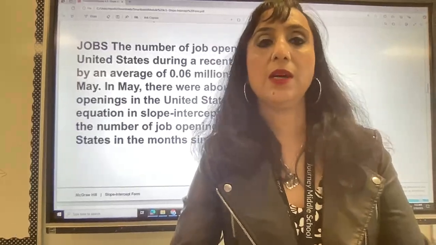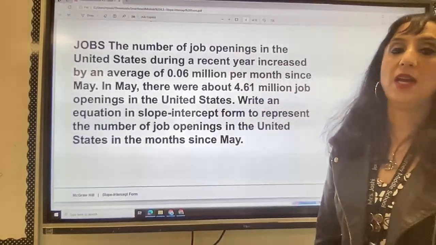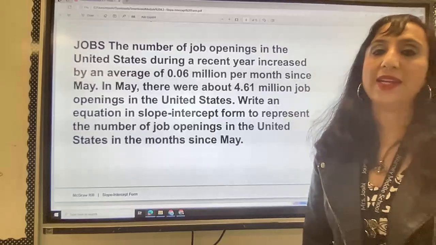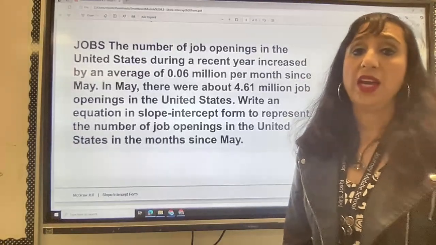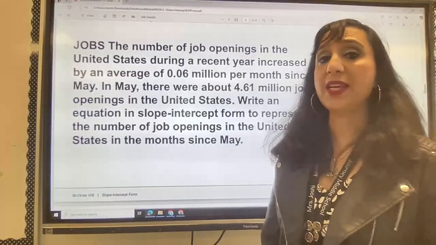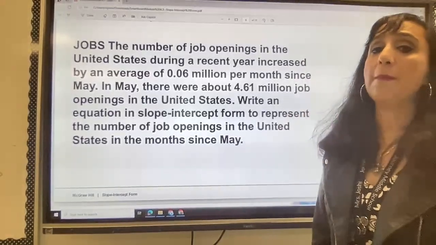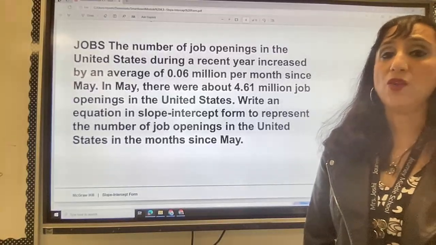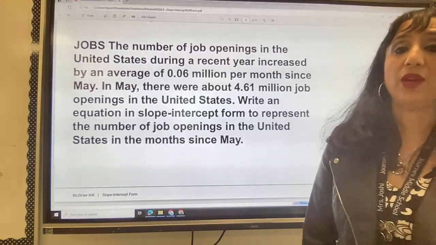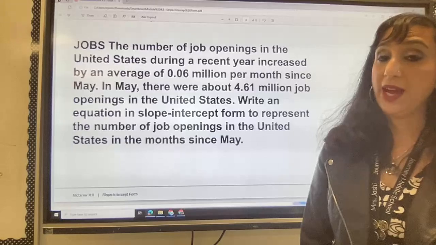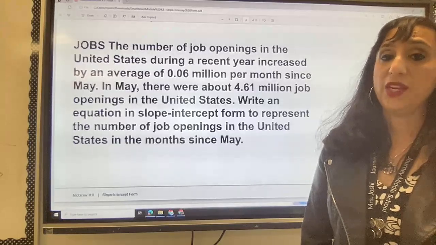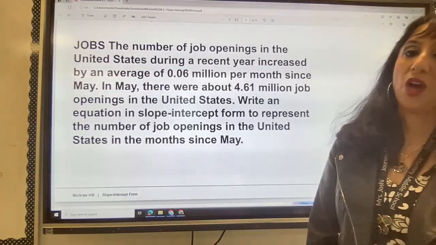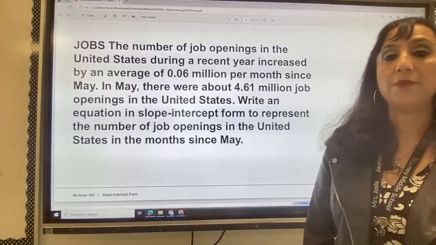So here is a word problem, and it's talking about jobs. The number of job openings in the United States during a recent year increased by an average of 600 million per month since May. In May, there were about 4 and 6,100 million jobs opening in the United States. Write an equation in slope-intercept form to represent the number of job openings in the United States in the months